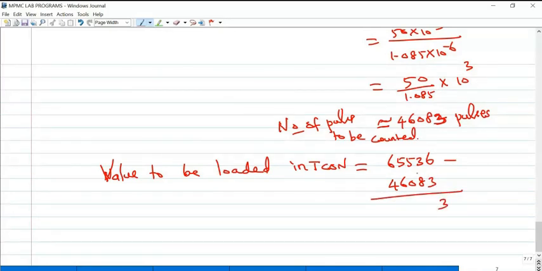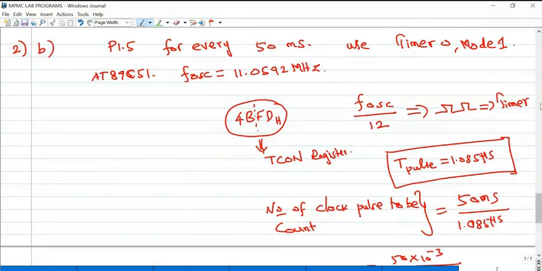Check this value: 19453. This is decimal, so convert it into hexadecimal.